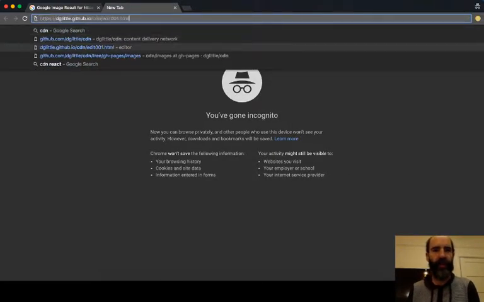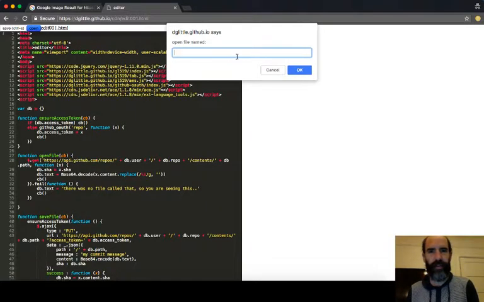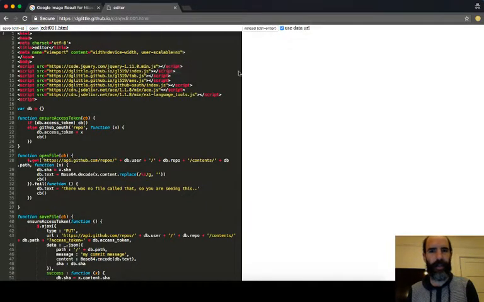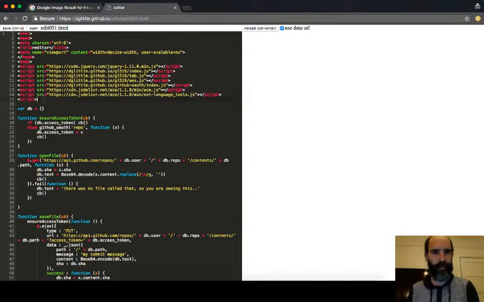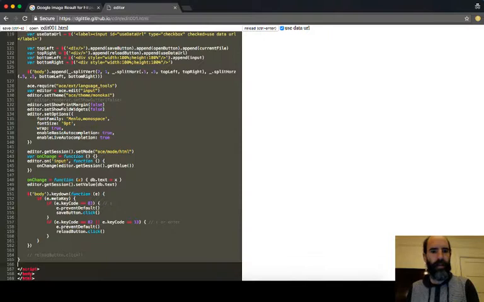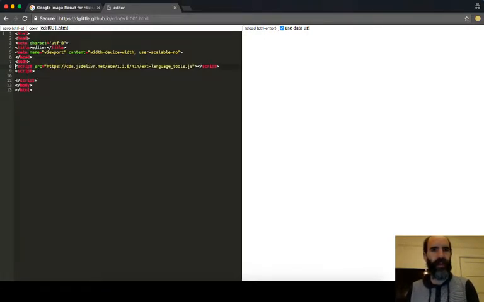Specifically, I have some editor that I made. We can just program it in this editor. We'll just blow this code away. Okay, well, maybe we want to keep some of it. Let's delete most of the code, but